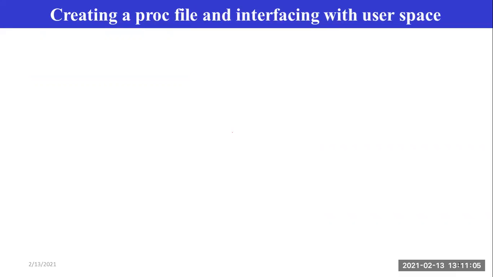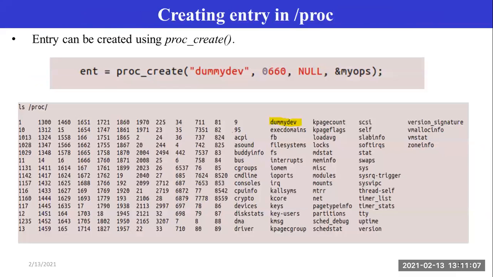So if you are developing a kernel module, whether this is a driver or any other subsystem in the kernel, and you want to share some information with the user space using proc, then you need to write some code in the kernel module so that the information will be available in the